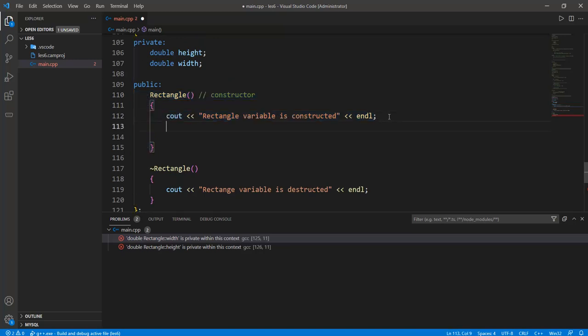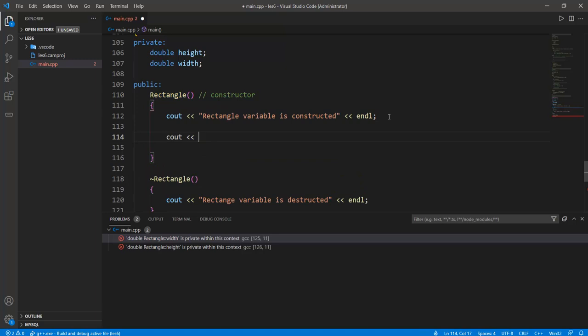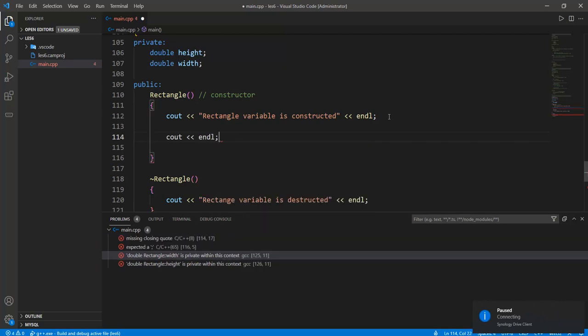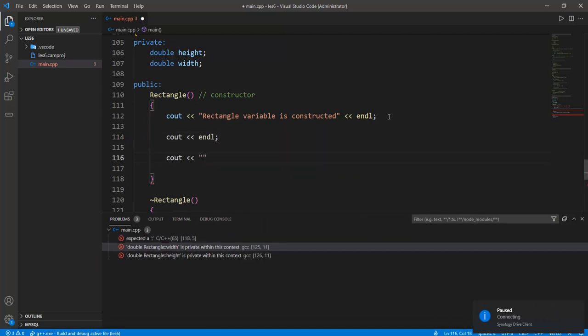And so if we have this kind of information in here, we can ask the user to